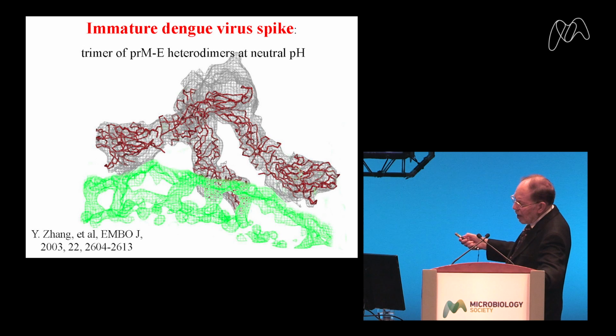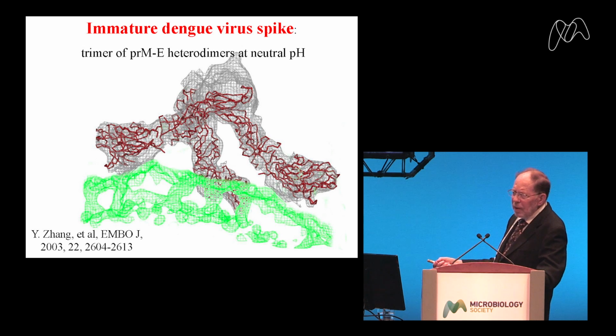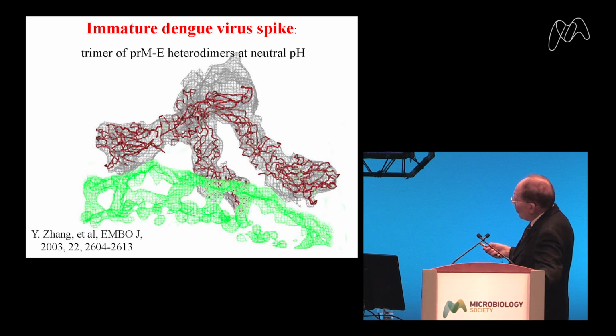And this is the immature virus, and in order to become mature, there's a proteolytic event which removes the pre-peptide from what's called the pre-M membrane protein. So this, at the top here, must be presumably the pre-peptide, and that was exactly what it turned out to be, which protects the fusion loop from being available while in the immature virus. And when this is removed, the pre-peptide at the top here is removed, the virus is then infectious.